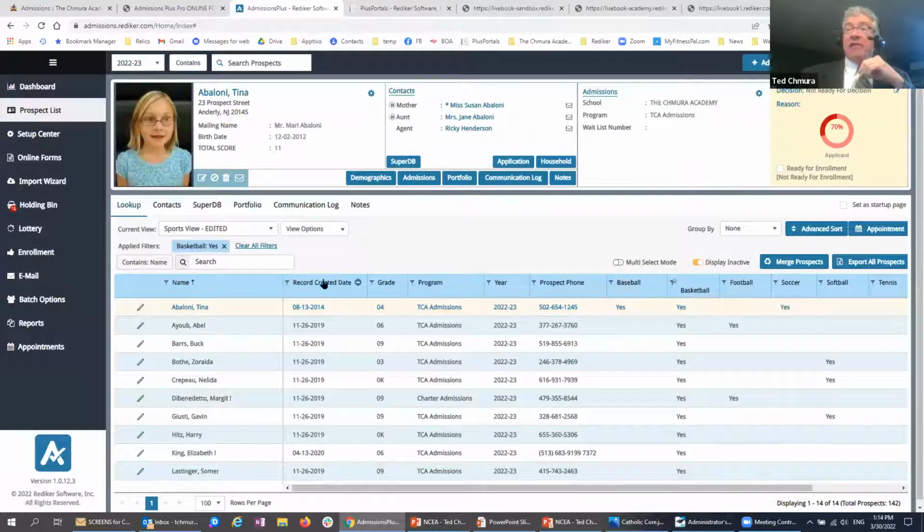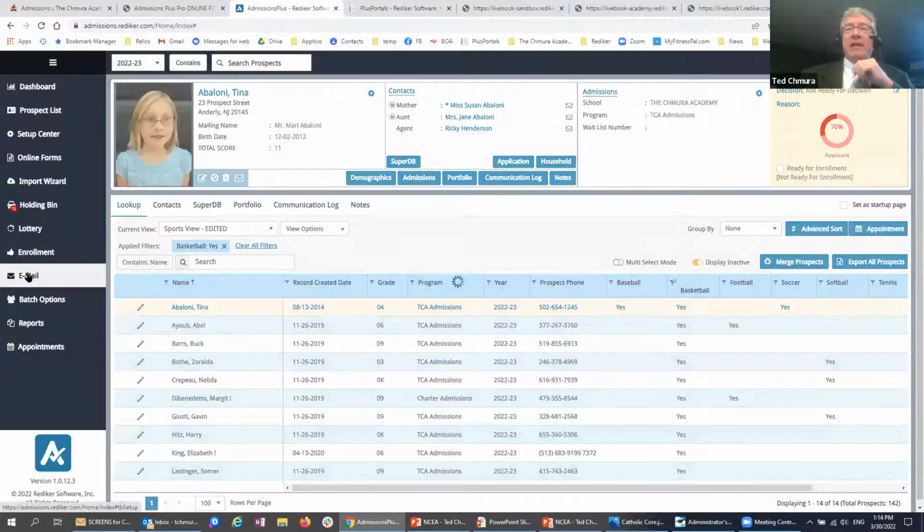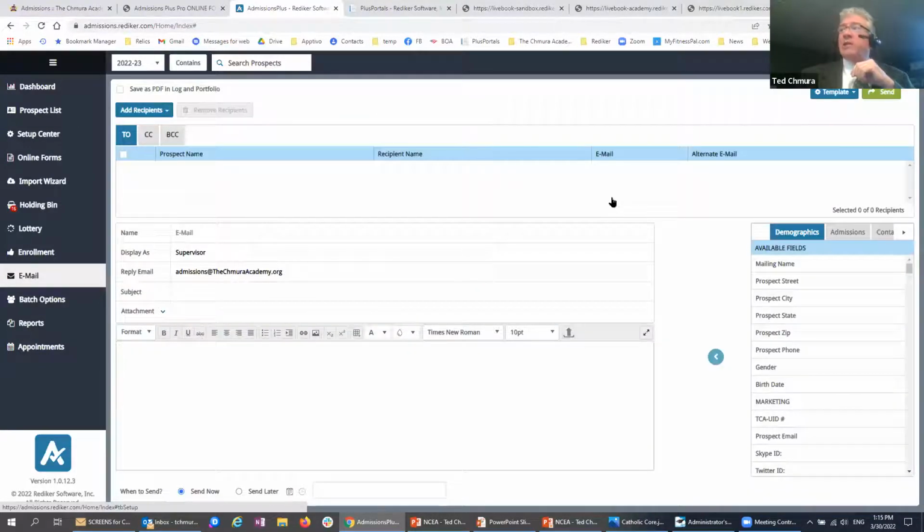You might notice that I was able to immediately go in and filter my entire leads database by the interest in basketball so that we can easily round up every single prospect that has an interest in basketball. And to take this one step further, again, using the power of the data allows us to